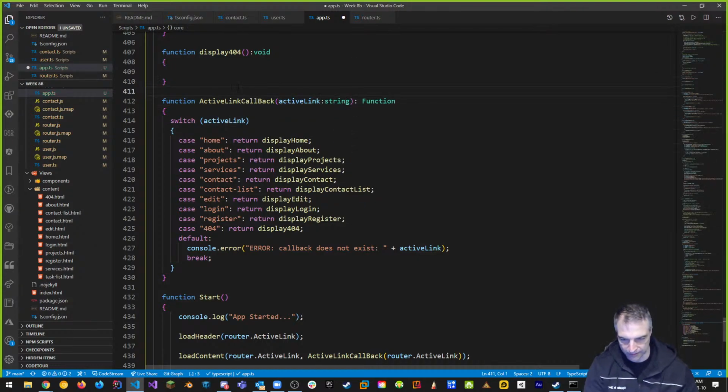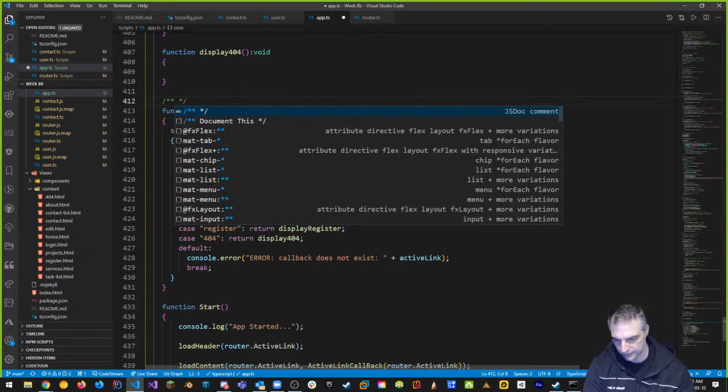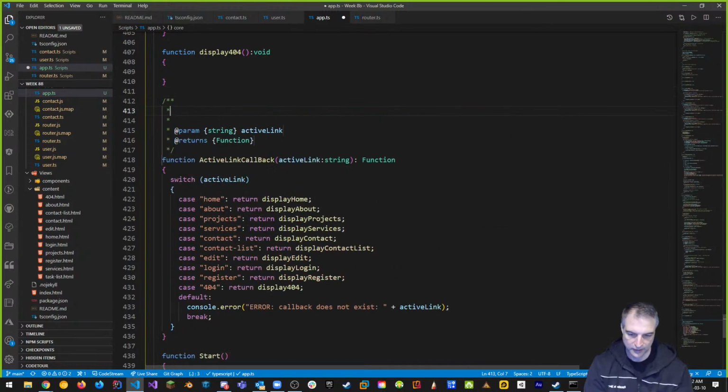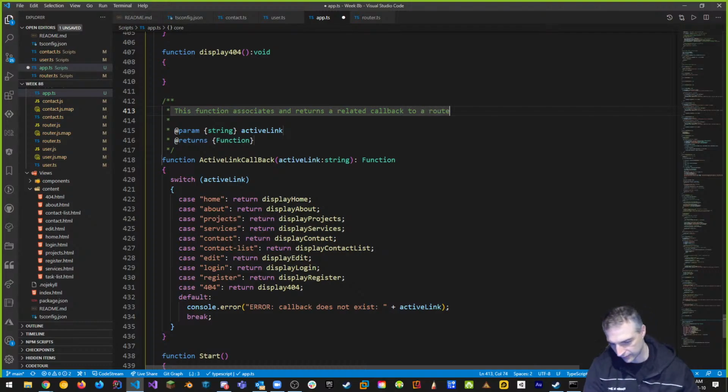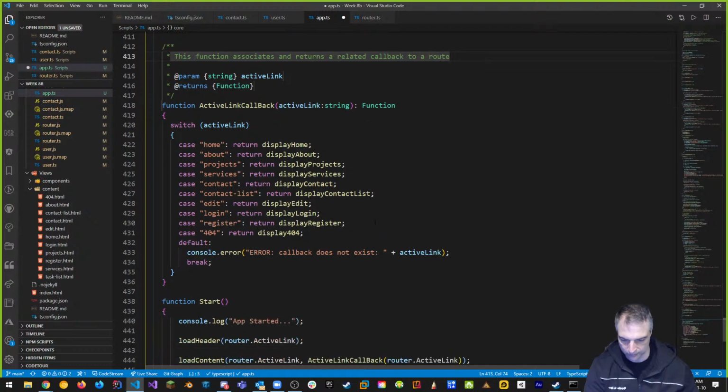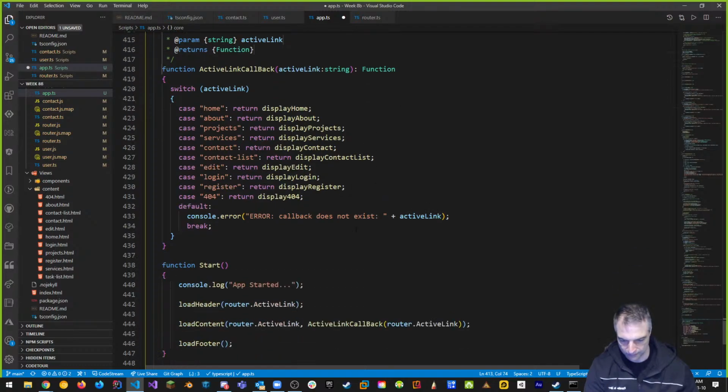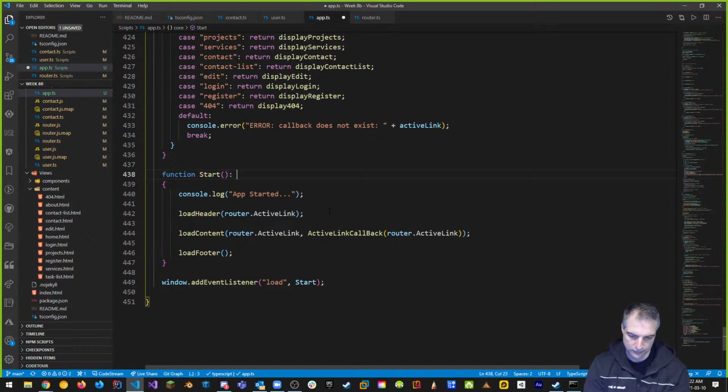And we can actually document this to say something like: this function associates and returns a related callback to a route. Notice it said @returns was in there. The param went in there nicely, active link, and the function is what it returns. Nice, excellent. And then finally, start returns void.